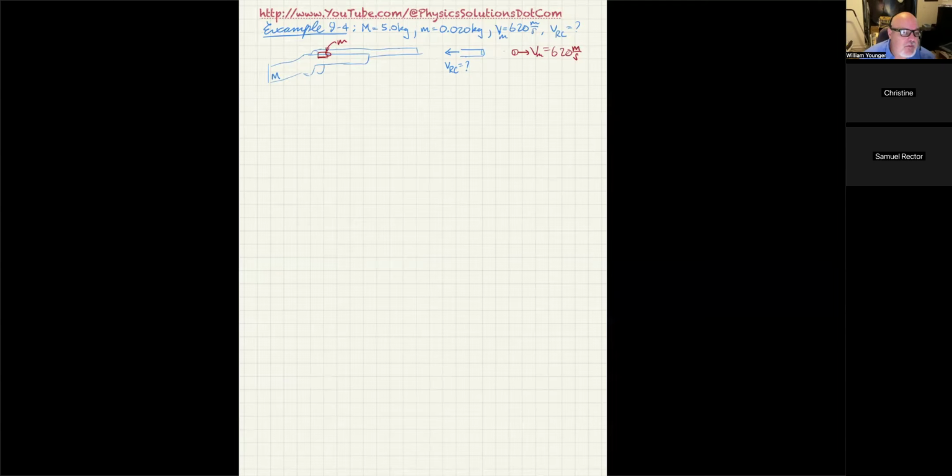In example 9.4, it says calculate the recoil velocity of a 5 kilogram rifle that shoots a 0.20 kilogram bullet at a speed of 620 meters per second. And that's the speed we call the muzzle velocity. You can look that up, and if you actually purchase a gun, it'll have a manual, and the manual usually tells you what the muzzle velocities are for each of the models. So that's what we're using here. I've got this written up, and you can see example 9.4. I'm showing the big M is the mass of the rifle.